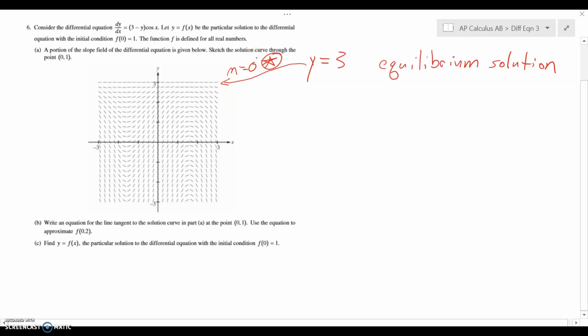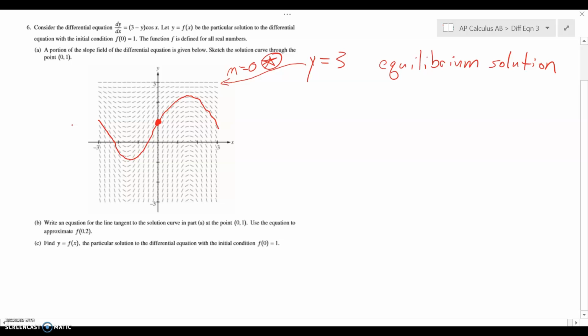What we're asked to do in part A is, here's a slope field or a piece of the slope field, sketch a solution curve through the point 0, 1. So again, they're giving us an initial condition, so there's our 0, 1, and they're just asking you to follow the slope field as best you can. From there, it's going to come up, 0 out, and come back down, and that's that cosine portion of things that's making it look kind of trig-ish. And then we're going to pop down, flatten out,